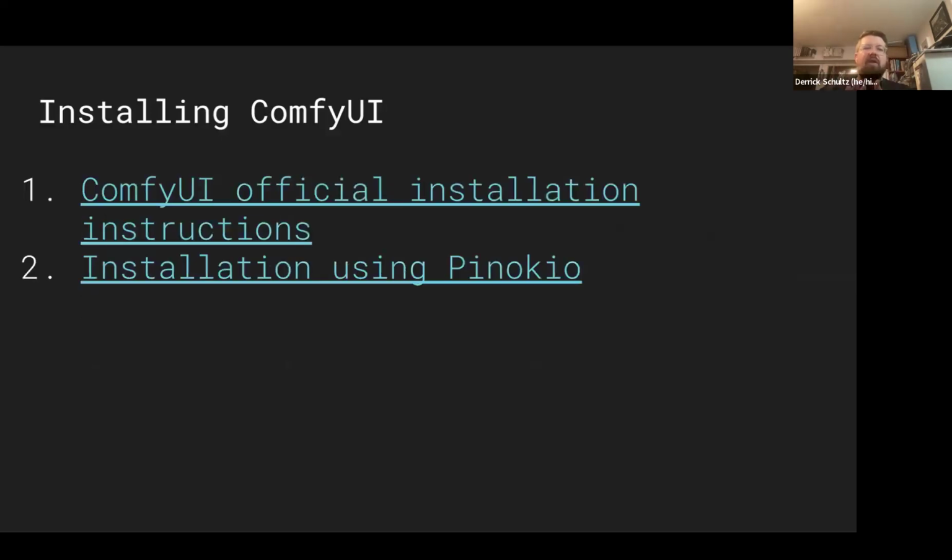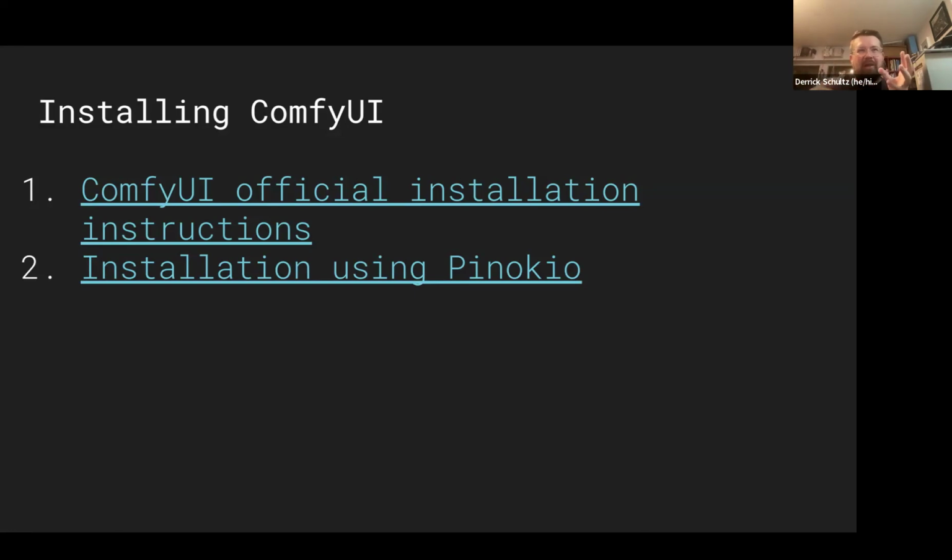What I would say is, for installing Comfy, there are the official instructions on the ComfyUI site that you can follow. A lot of people also use a tool called Pinocchio. Pinocchio is a standalone installer that's meant for a bunch of AI tools. So you can install Auto 1111, you can install Focus, you can install Comfy with it. I've tried it. I kind of hate it. It's not really a tool for me. I'm much more of a GitHub person. But if you are not a GitHub person, you might find good use in Pinocchio.